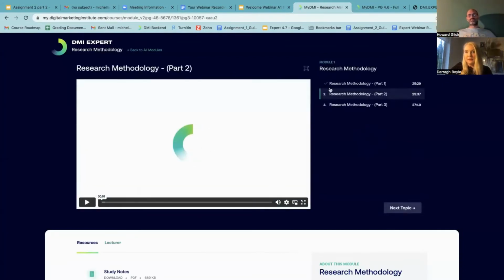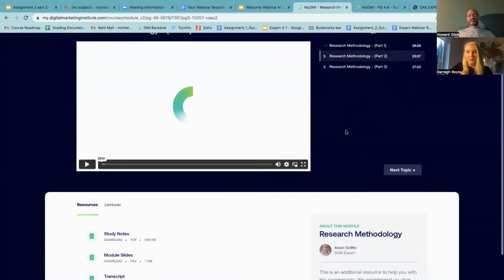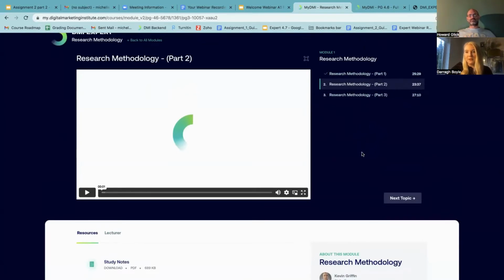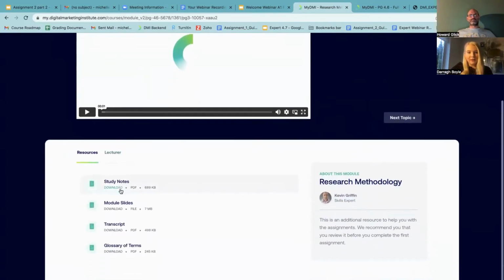you'll see here within this window, you've got your 3 modules that are in this stage. So part 1, 2, and 3, your progress is always going to come up here on the right, and you can move through to your next topic. Then down here underneath, you can see you've also got some downloadable elements. You've got your study notes, module slides, a transcript, and also a glossary of terms, which is really useful for anyone who's not already in the marketing industry or working in the area. Then they can download those terms, and it'll help you really boost up your grammar in your assignments to really use better phrases and key terms. That's a really useful element there.